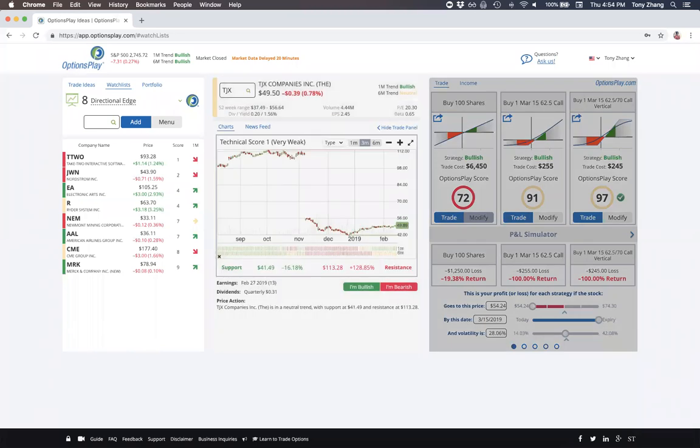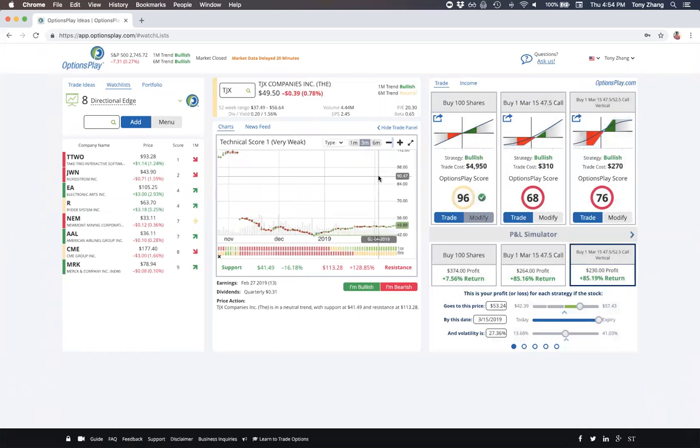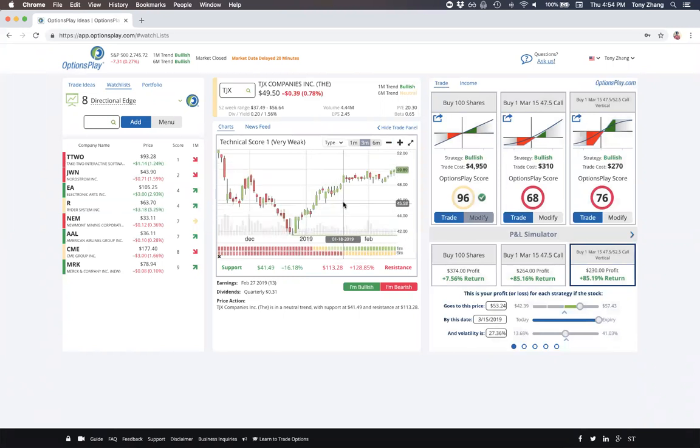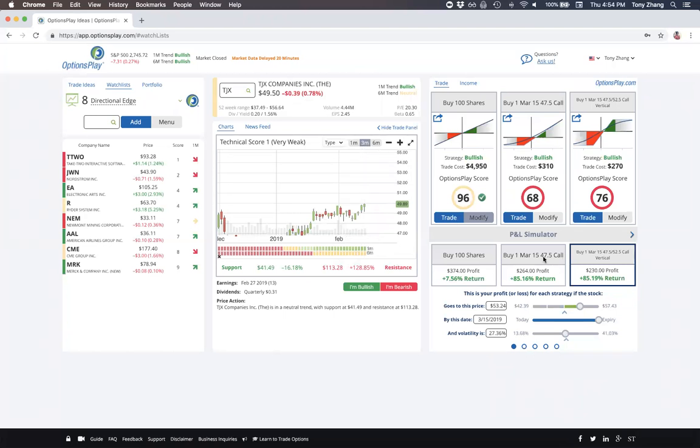So TJX, relatively weak stock, very weak stock actually, but as you can see, the trends have started to turn around. It started to turn around back here in late January, and as you can see, it's starting to break out to new highs. I think you have quite a bit of opportunity for TJX to move higher, well into the 50s. However, as you can see, the options don't look particularly attractive, meaning they're actually quite expensive. So I would be careful as to how you go about trading this. You can certainly trade the stock if you're a long-term investor,